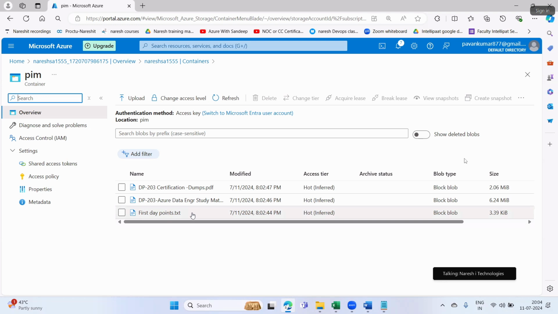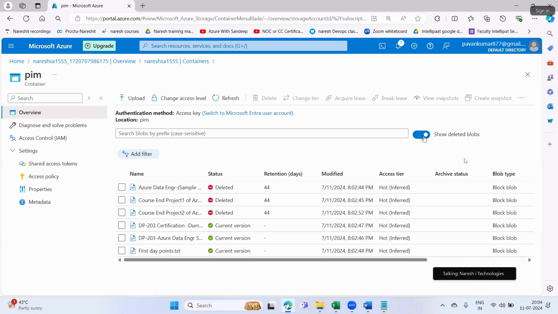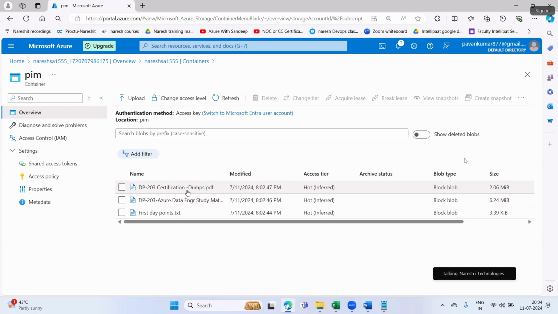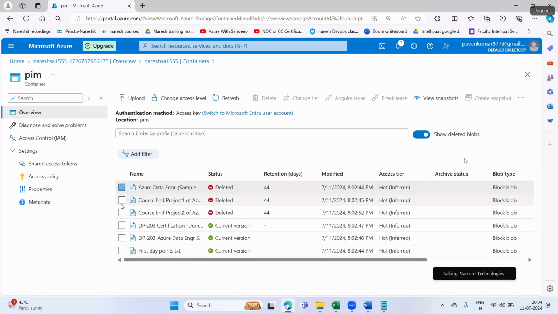And now after 2 days, 3 days, 4 days, 10 days, you realize that the three files you deleted are important and you want those files back. What you can do in that case is click here, show deleted blobs. See, these three files you have deleted are showing as deleted. If you want to retain those files back, click show deleted blobs, click on these three files,